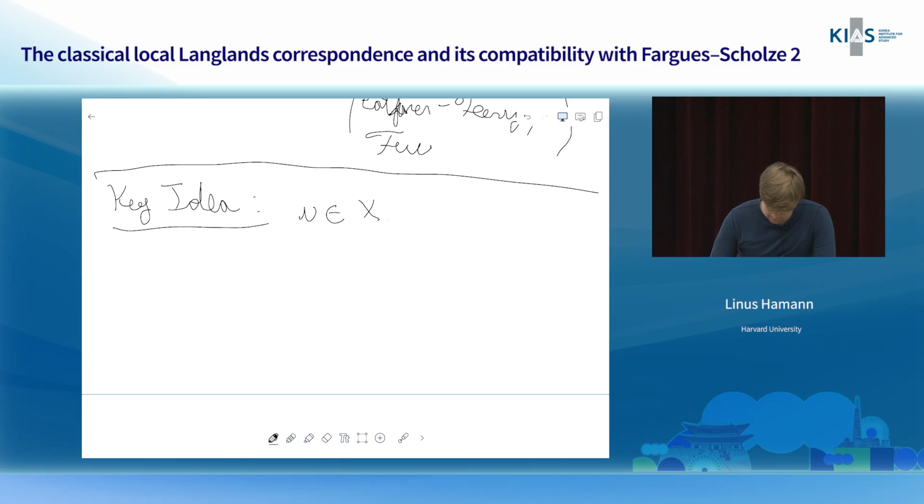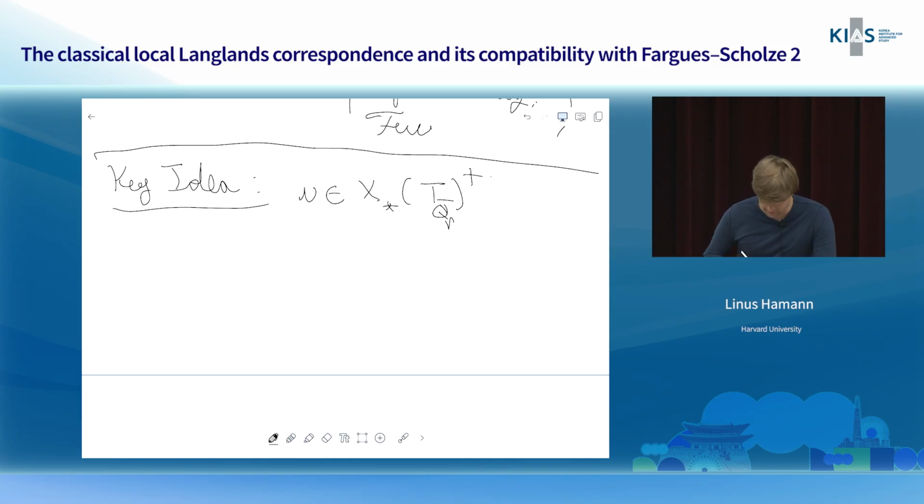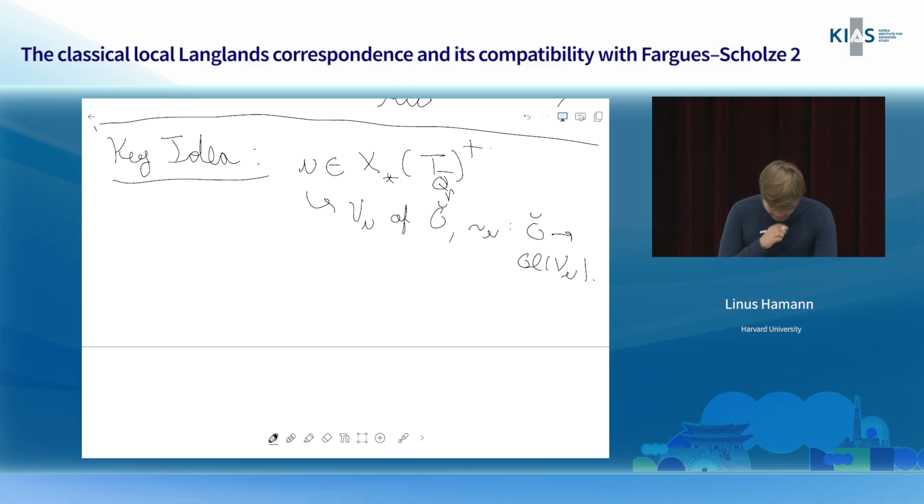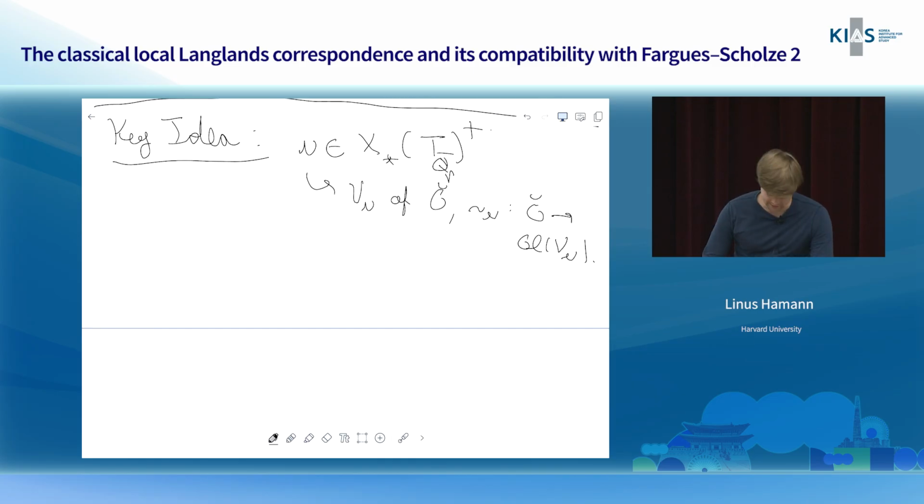So if you fix some dominant cocharacter of your local group, with some maximal torus sitting inside there, that determines some highest weight representation of G hat, and also some homomorphism r_mu from G hat to GL(V_mu). And geometric Satake will define some kind of kernel sheaves attached to these highest weight representations, and that will in turn, via pulling and pushing along some space of modifications, give you some operator taking sheaves on Bun_G